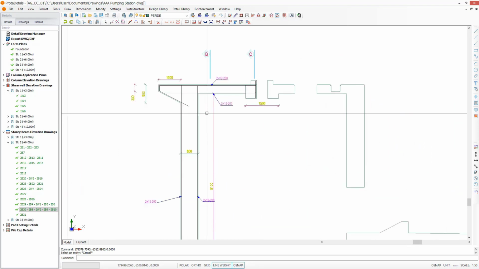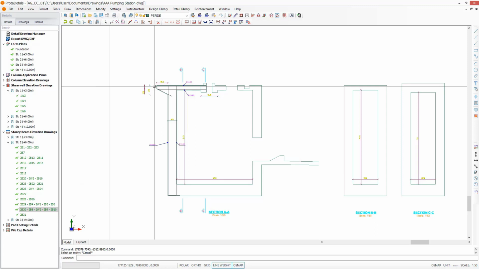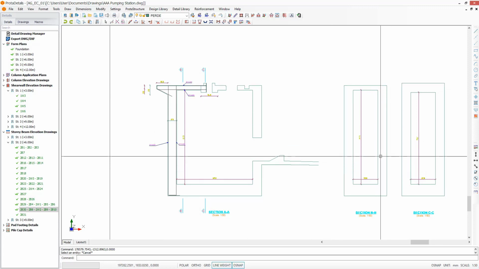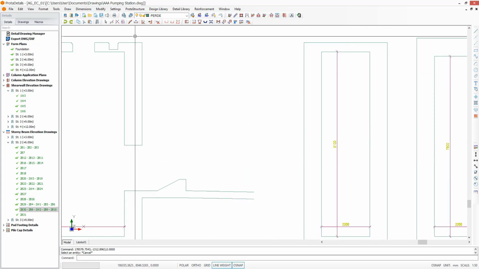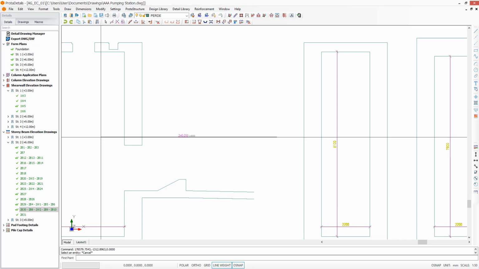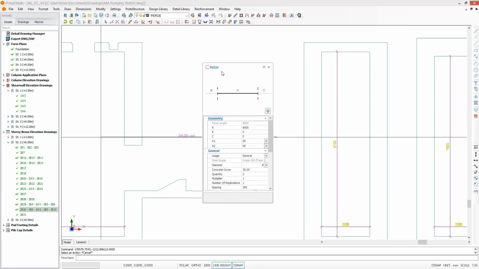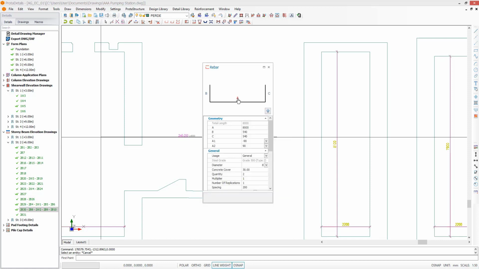Okay, but how about the other direction rebars? How will I do them? This is the transverse section of it. So let's create the other direction rebars. For this purpose, I will use a 4-point rebar insertion command. This time, our rebar dialog appears, and I just select the U-shape rebar here. As you see, this is a shape dictionary, and you can select any shape,